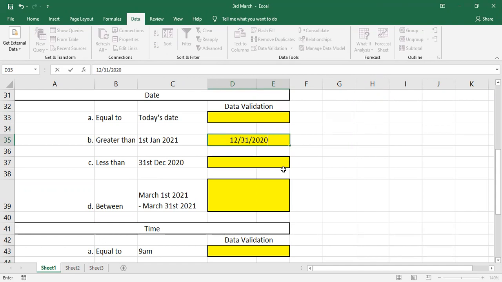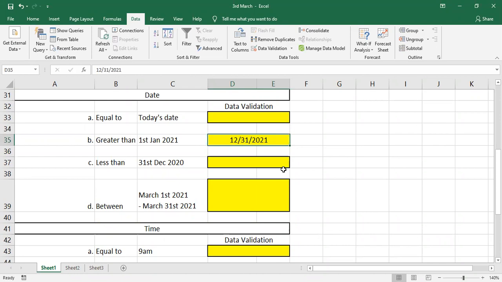Will it accept? It won't accept. If I give here instead of 2020, if I give 21, will it accept this? Yes, it will accept. Why it will accept? Because the date is greater than 1/1/2021.